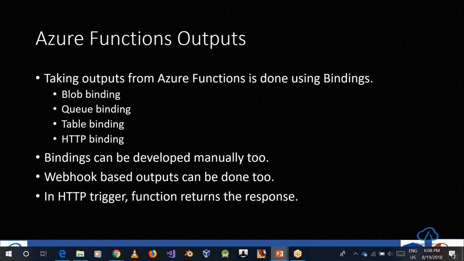We will set the attributes like the connection strings and other stuff. We will set the return type equal to the queue, and then at the end of the function we will just use the C Sharp return or the Node.js return keyword, and we will just return the object, and the IR function will take care of the internal bindings or mappings for storing the object inside the queue. Similarly for the table and for the HTTP. But the HTTP trigger doesn't store the value anywhere. It merely returns the object inside the browser, or to any API consumption channel that you're consuming.